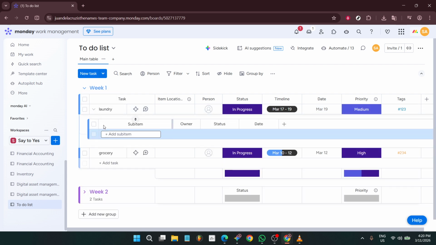Sometimes a single item is too broad to manage in one line. That's where subitems come in. Subitems add a second layer of detail beneath a parent item. For example, if your item is launch website, your subitems might be